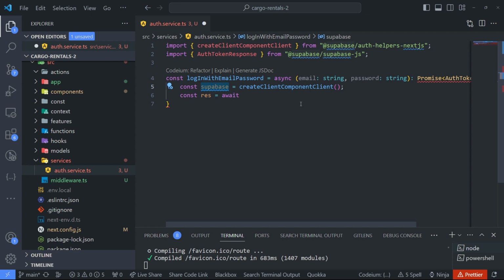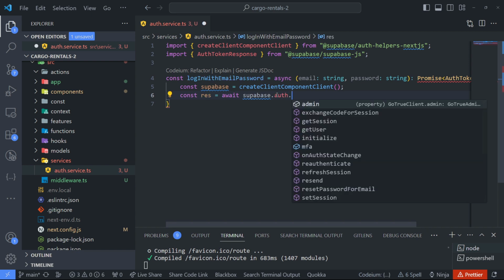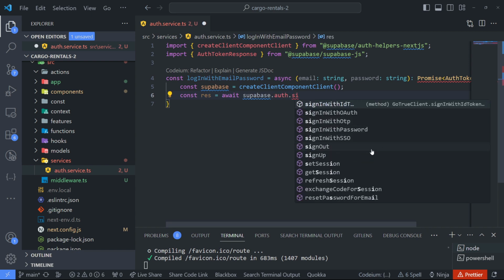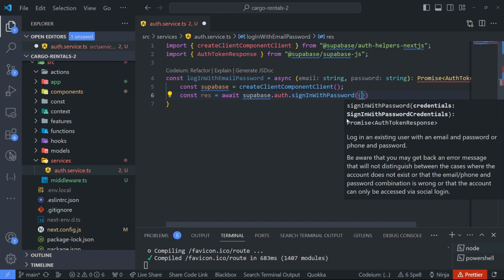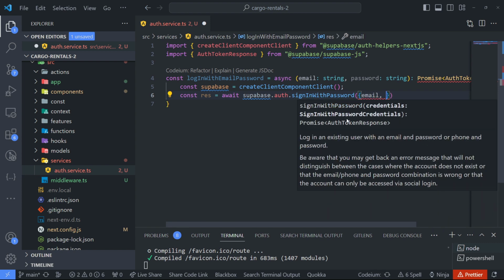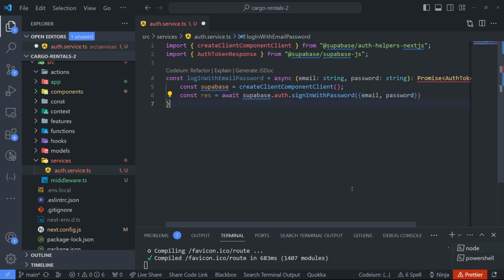So we do this, and then here we are going to be able to do supabase.auth, and when we do dot, we are going to be able to get the signInWithPassword, this one, and then it receives an object which contains the email and then the password you are passing. So password, which is coming from here. And then at the end of the day, we are going to say return